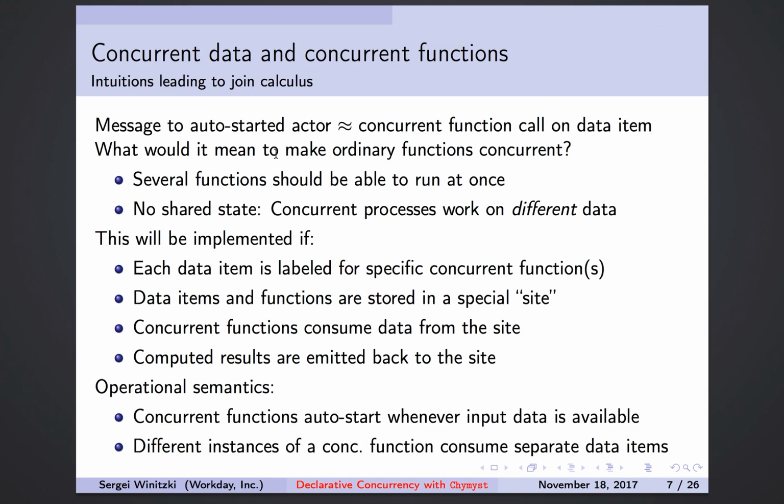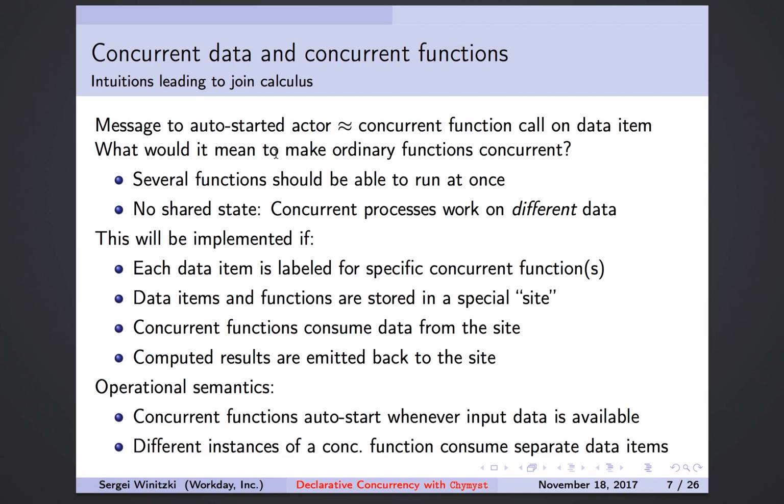So in some way we need to label that, otherwise it's not clear which function needs to be called if I create a data item, say, with integer value 100,